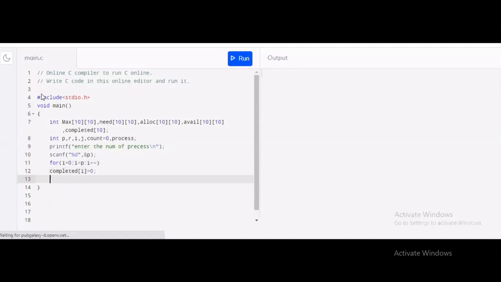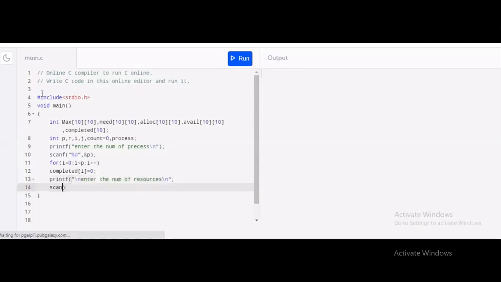Now I will enter the number of resources from the user. Printf, enter the number of resources, which is used for the variable R. Now I will scan the value.